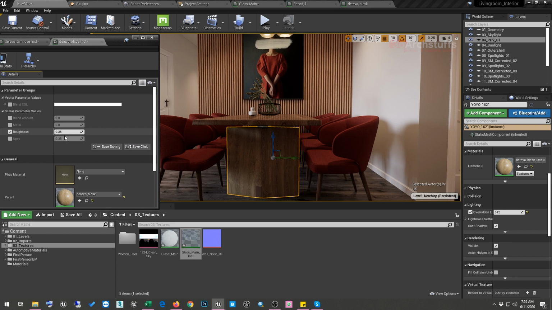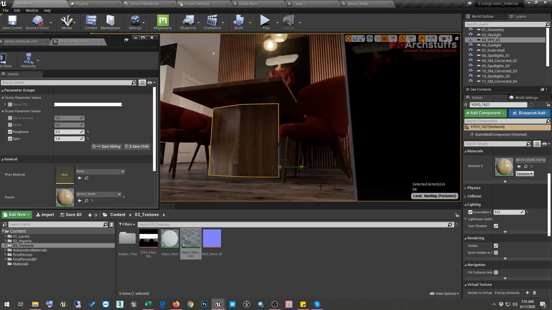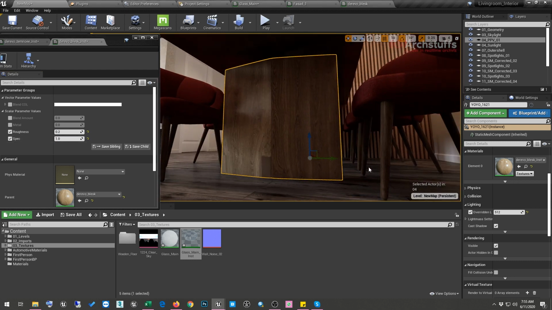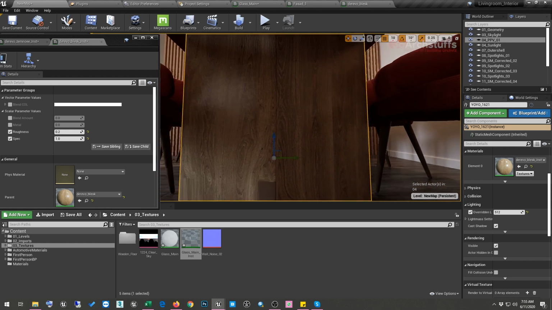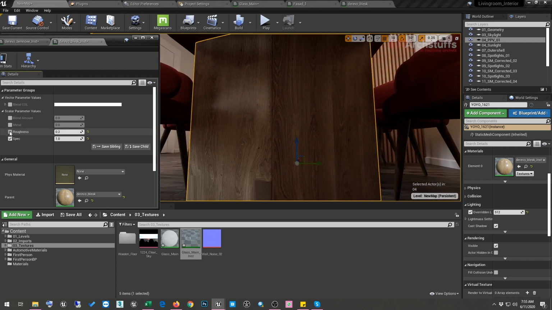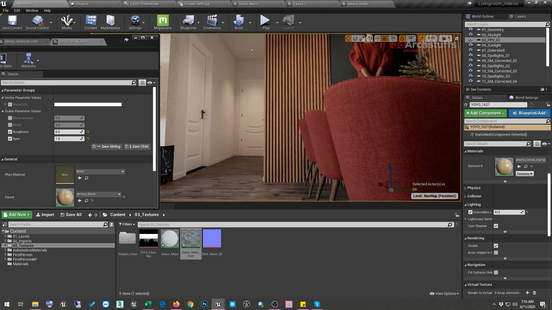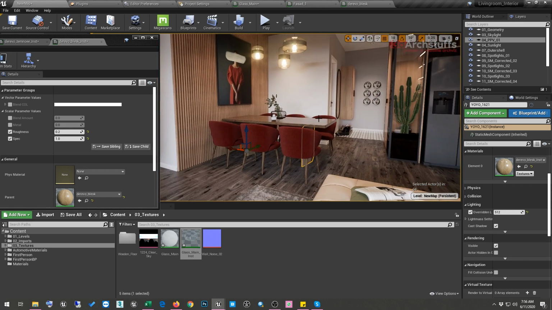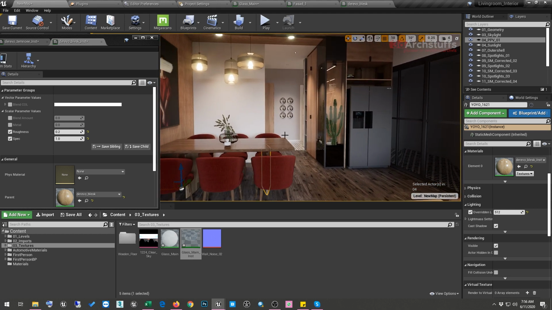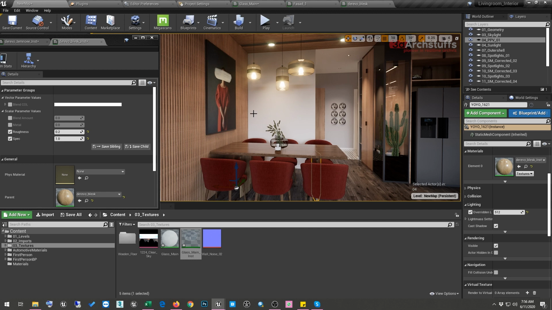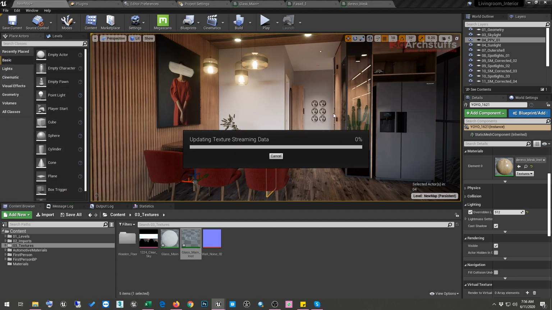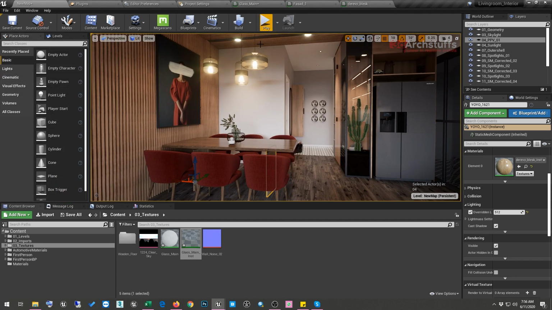So I can make the roughness 0.2, and then the specular 1. And if I come here closely and press F, then I can see the reflection on this. You can see how the reflection is behaving on this, and you just have to tweak all the materials required for your ray tracing. And then after this, you just have your ray trace reflection on, and hybrid ray tracing is now on.